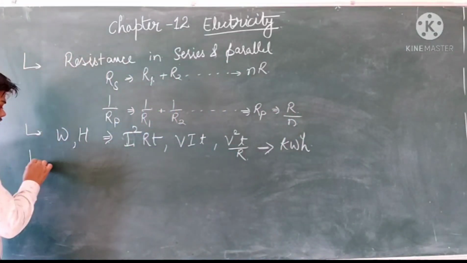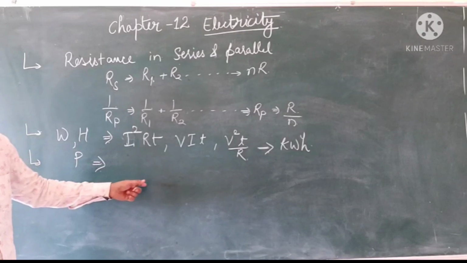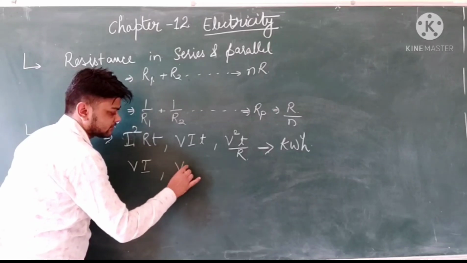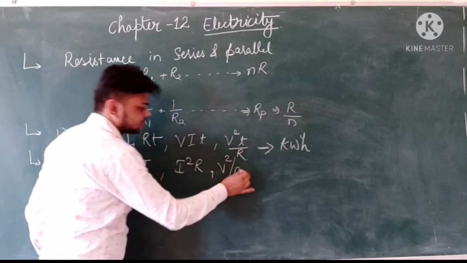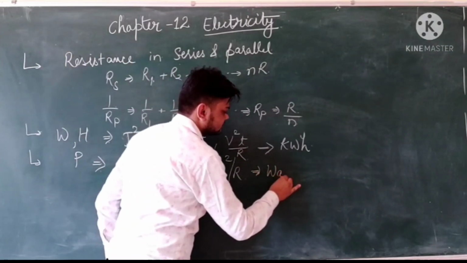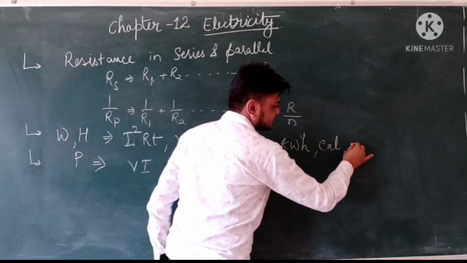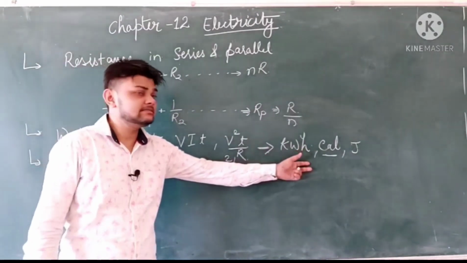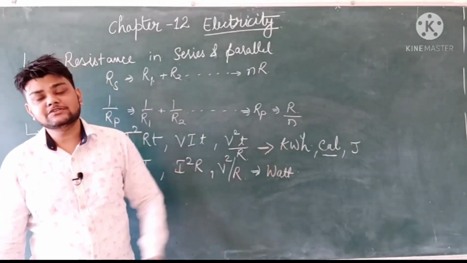Then we moved into power, where from the relation we found the power equations. The power was simply VI, or I squared R, or V squared by R. Three equations we got for power, which was represented in terms of watts. Here we have other units of energy as either calorie or joules. Calorie is something we are going to study in higher classes. In the current class 10, we are only going to deal with energy either as joule or the commercial unit of energy,